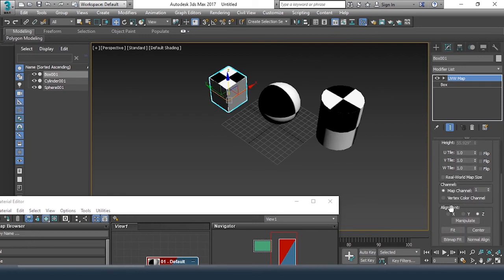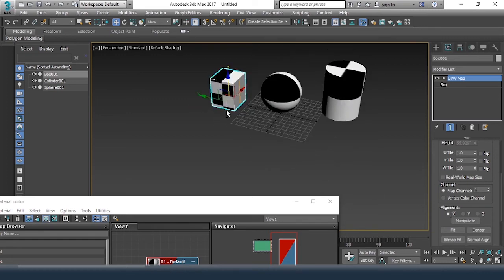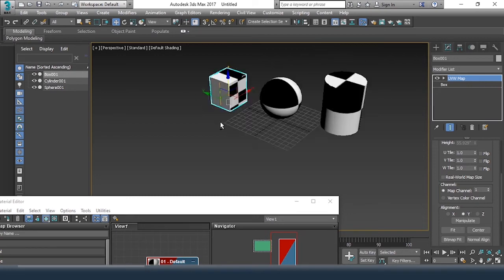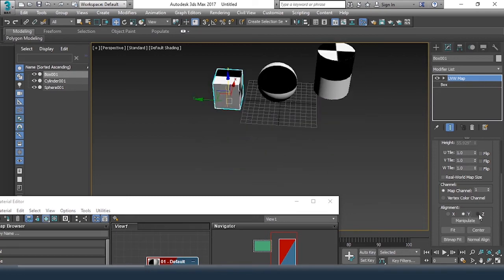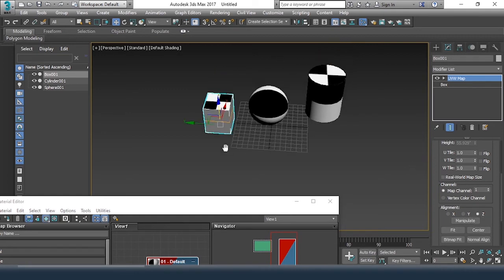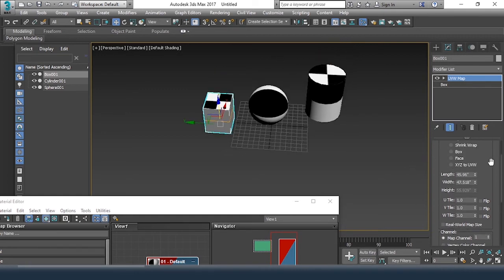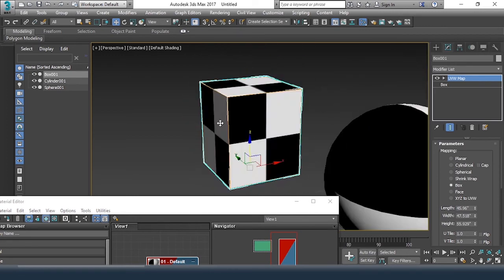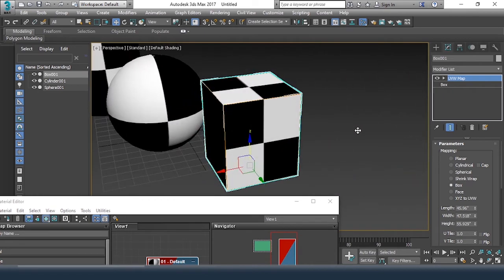Here I can see its alignment is Z. If I make it X axis, then definitely it will be from the side view, X axis. If I make it Y axis, then from the other side. So everything will depend on from where the values are put. Now I'll move on to make it a box. So now this is from all the sides. You can see it perfectly from all the sides.